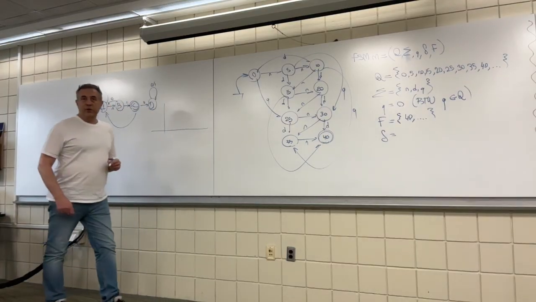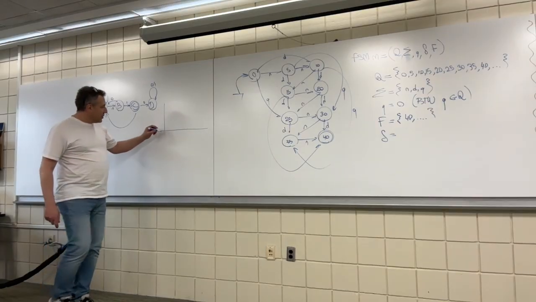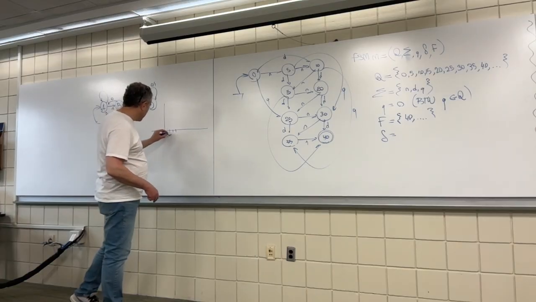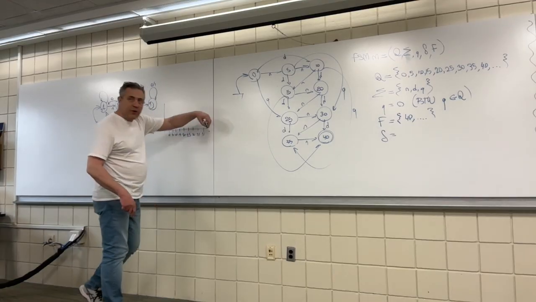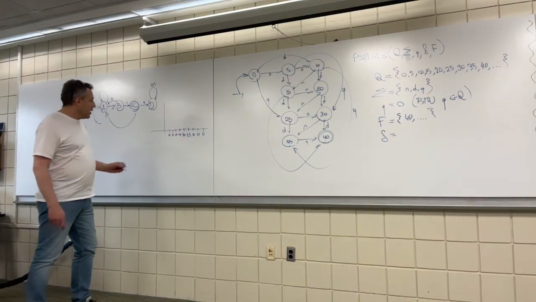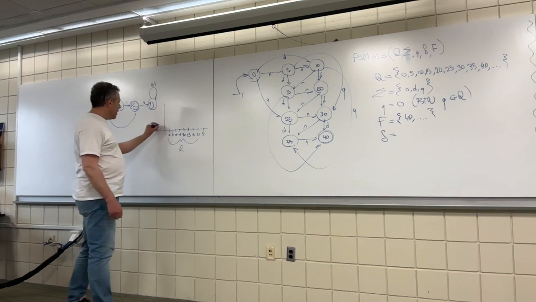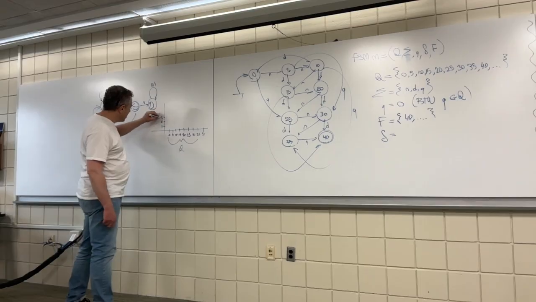So this is a visual that I'm going to do for the first time, but I think it's going to be helpful for you. So I'm going to put the Q states here. So this is 0, this is 5, 10, 15, 20, 25, 30, 35, and 40. I won't worry about the change things right now to make it manageable. So this is my set of states. Now I have the 3 input symbols, so it could be a nickel, dime, and a quarter.